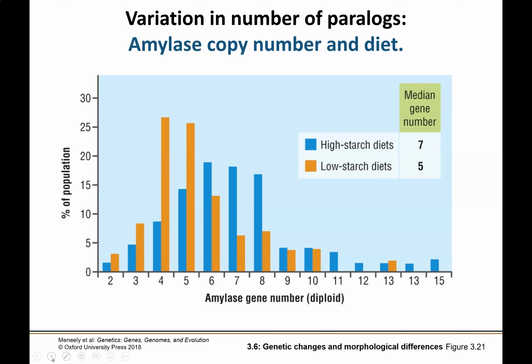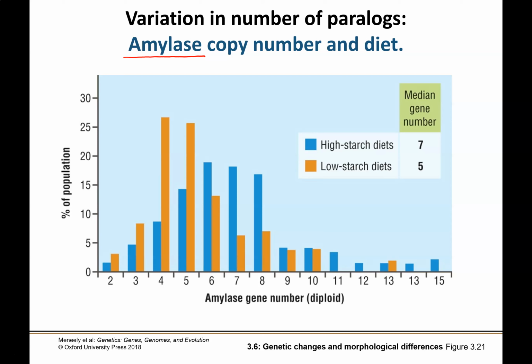Now, generally, within the same species, you do not have different numbers of genes, because one of the things that we said was that in homologous chromosomes, you have a specific set of genes, and there might be variation of the version of the gene, but you're going to have all the same genes. But we have this really cool example of gene family paralogs in an enzyme called amylase. So amylase is a gene that breaks down starch. Humans have this, and